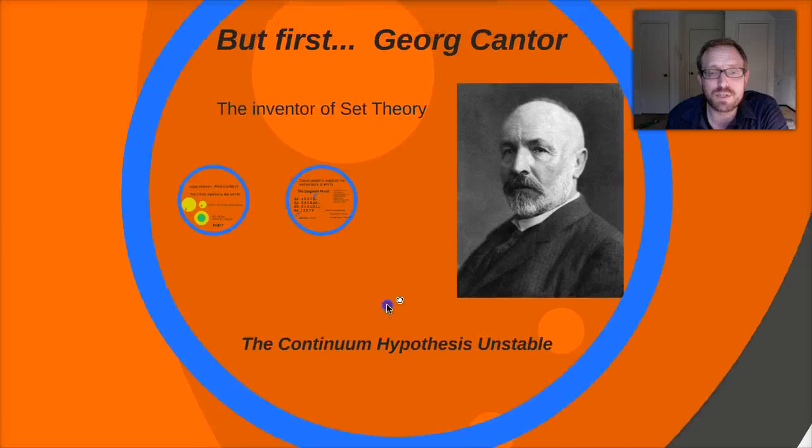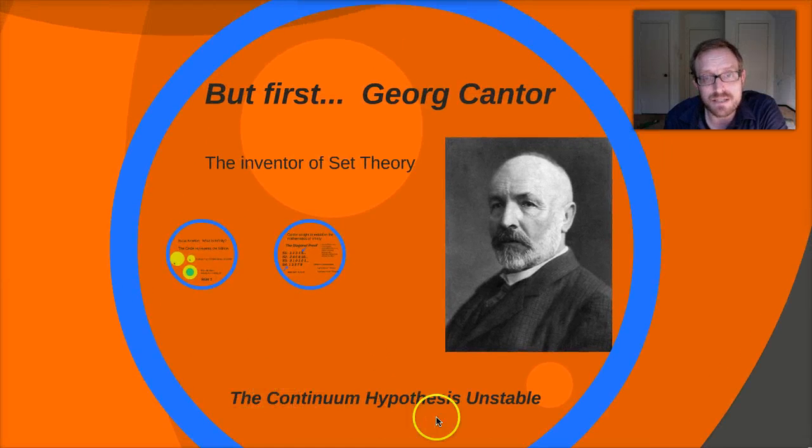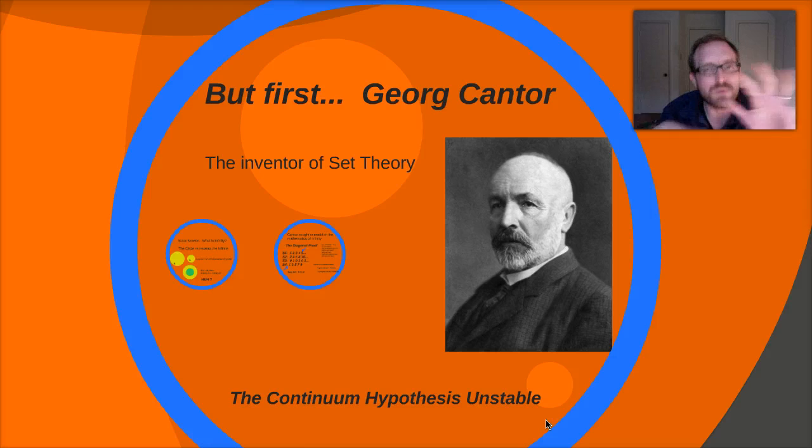Ultimately, Cantor sought to establish what he called the continuum hypothesis. That was the idea that there's an infinity of infinite sets, and ultimately to articulate the transfinite relationships between these sets. And ultimately Cantor's unable to do it. And now we know today it's because it's ultimately unstable. In fact, it's because his set theory includes the possibility of contradiction itself.